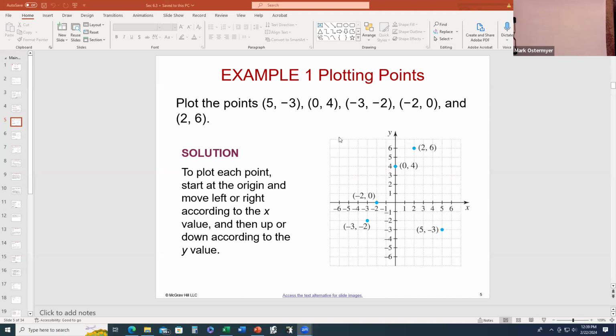0, 4, notice the x-coordinate is 0. That means we do not move off of the y-axis. We stay right on the y-axis, and we just move up 4 positive units. 1, 2, 3, 4. 0, 4 is a